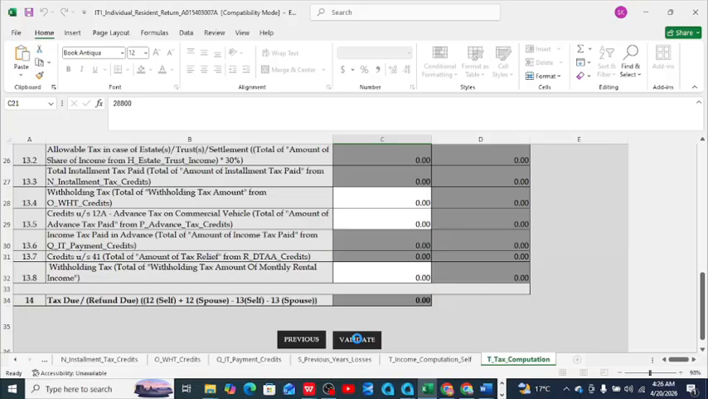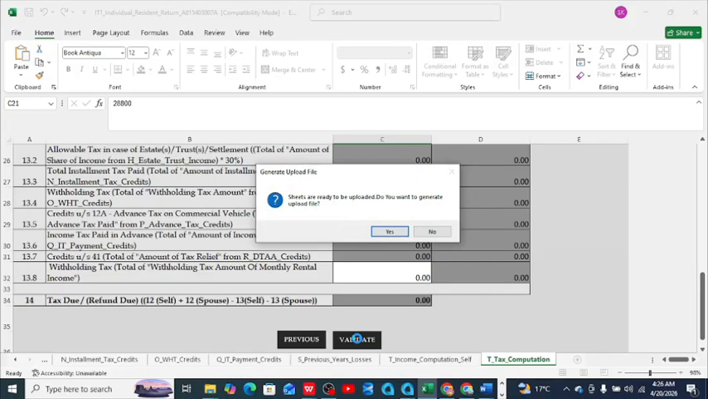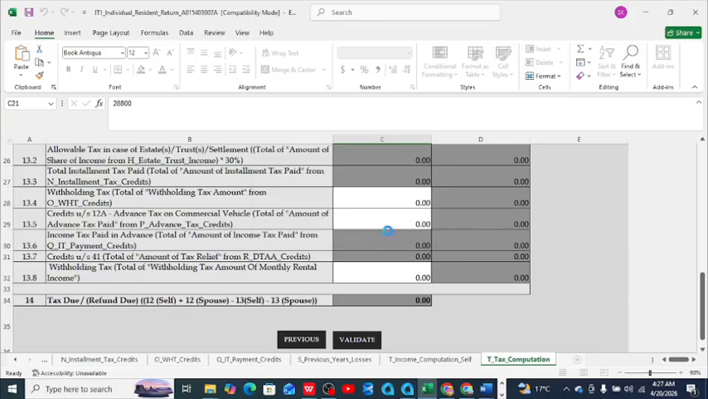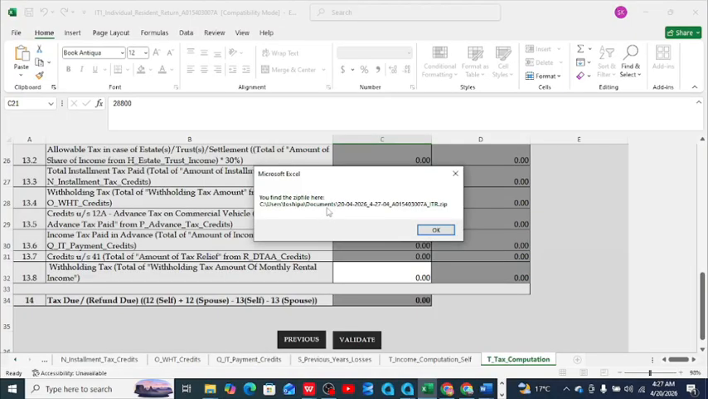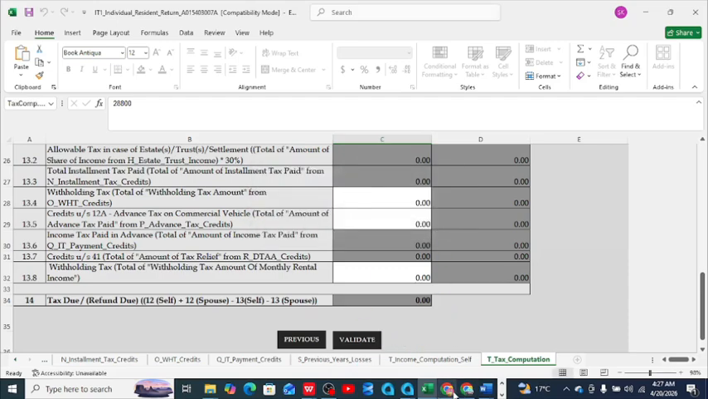So if the rental income exceeds 5 million, you are supposed to declare it annually, and when you declare it, you are supposed to deduct any relevant expenses. So the sheet is already ready to be uploaded, so you just click yes. What you need to do is check where the sheet has been saved, the date and the time. After doing that, now we can say okay and get back to